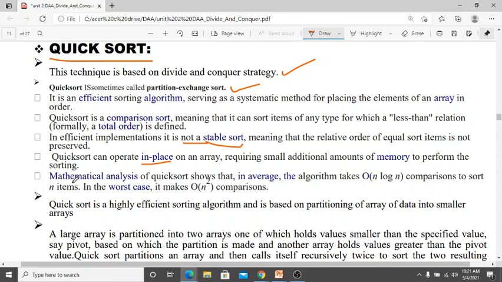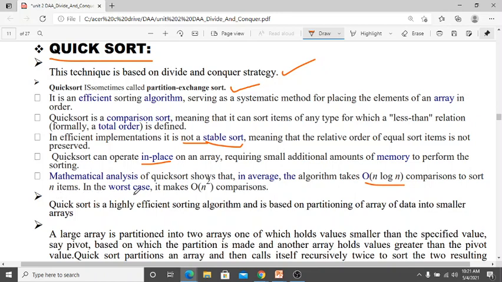Okay, mathematical analysis of quick sort: on average the algorithm takes order of n log n. What is the time complexity of quick sort? Order of n log n comparisons to sort n items.